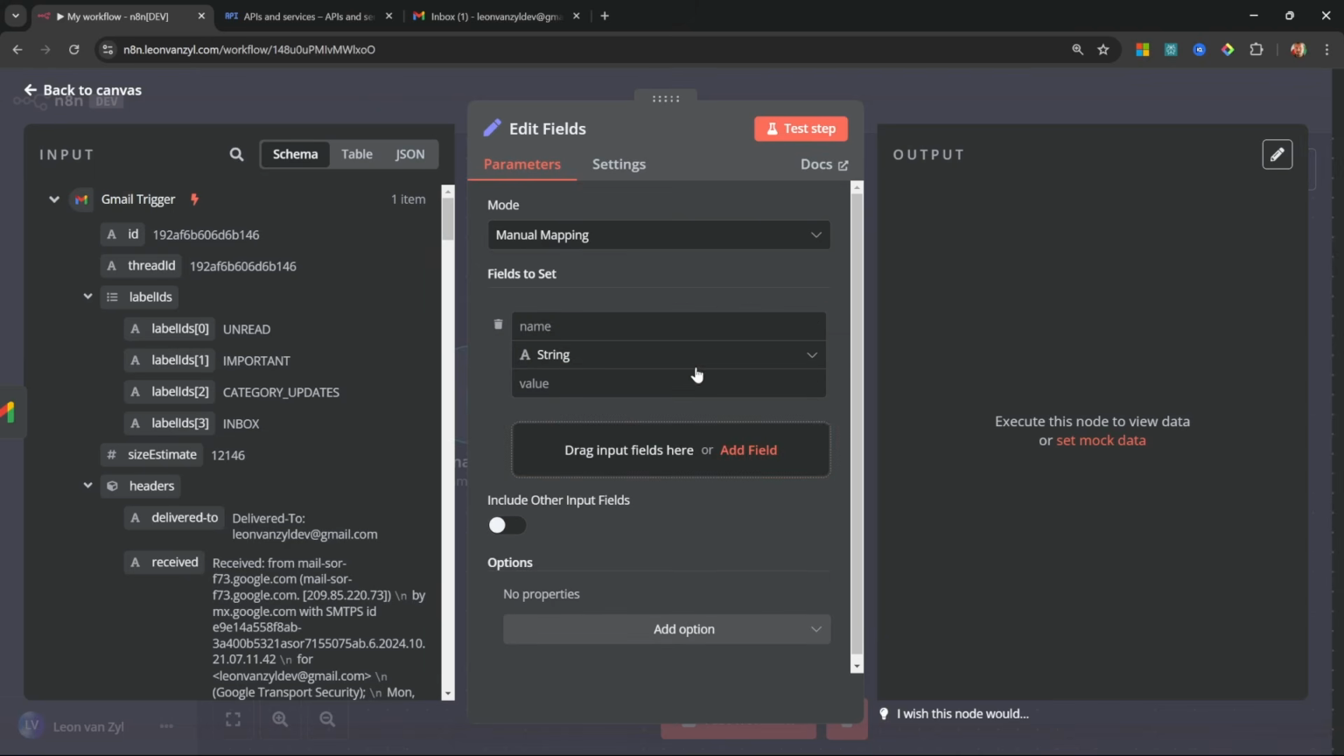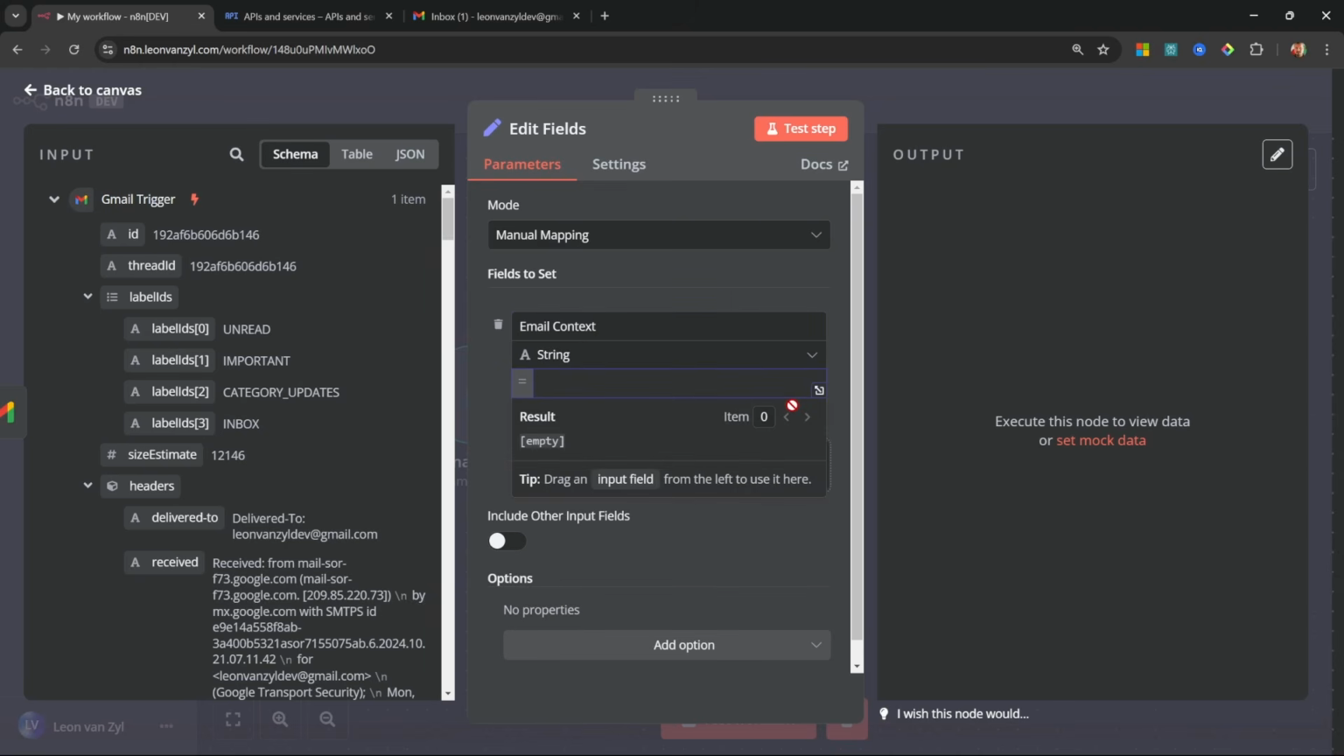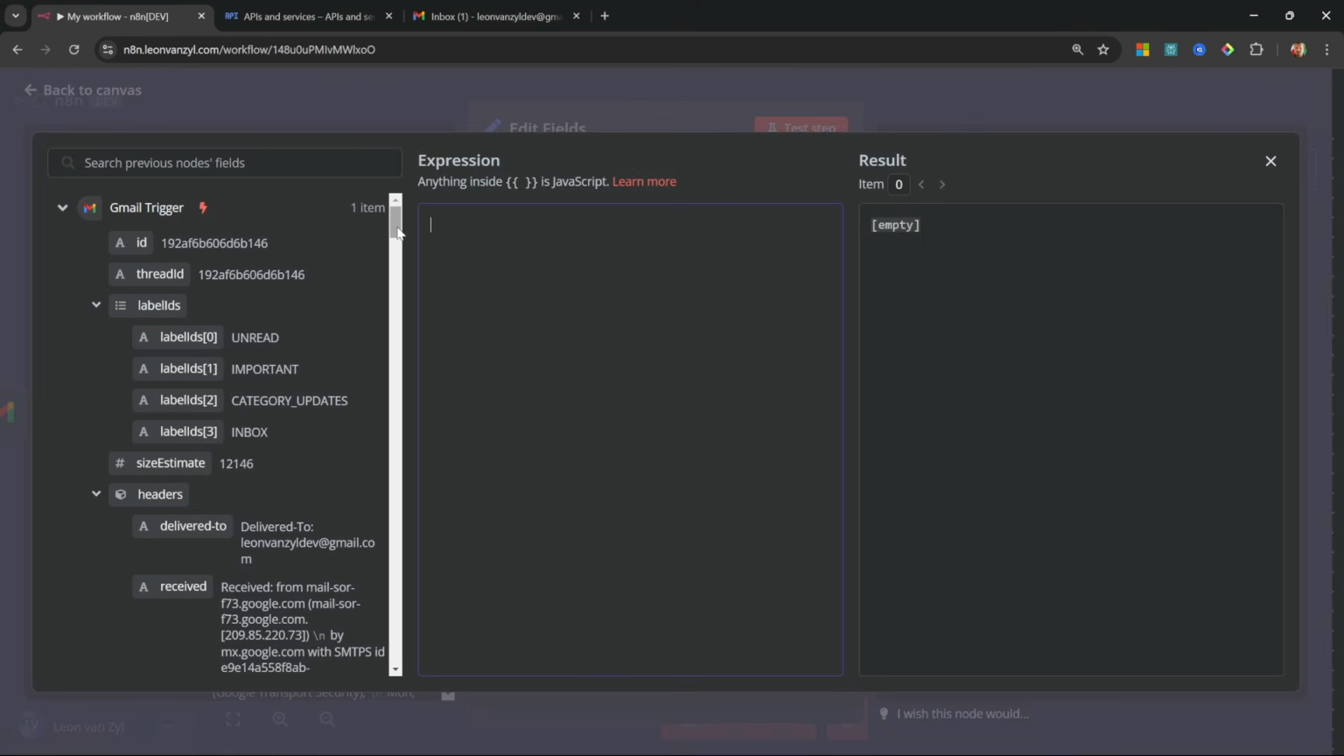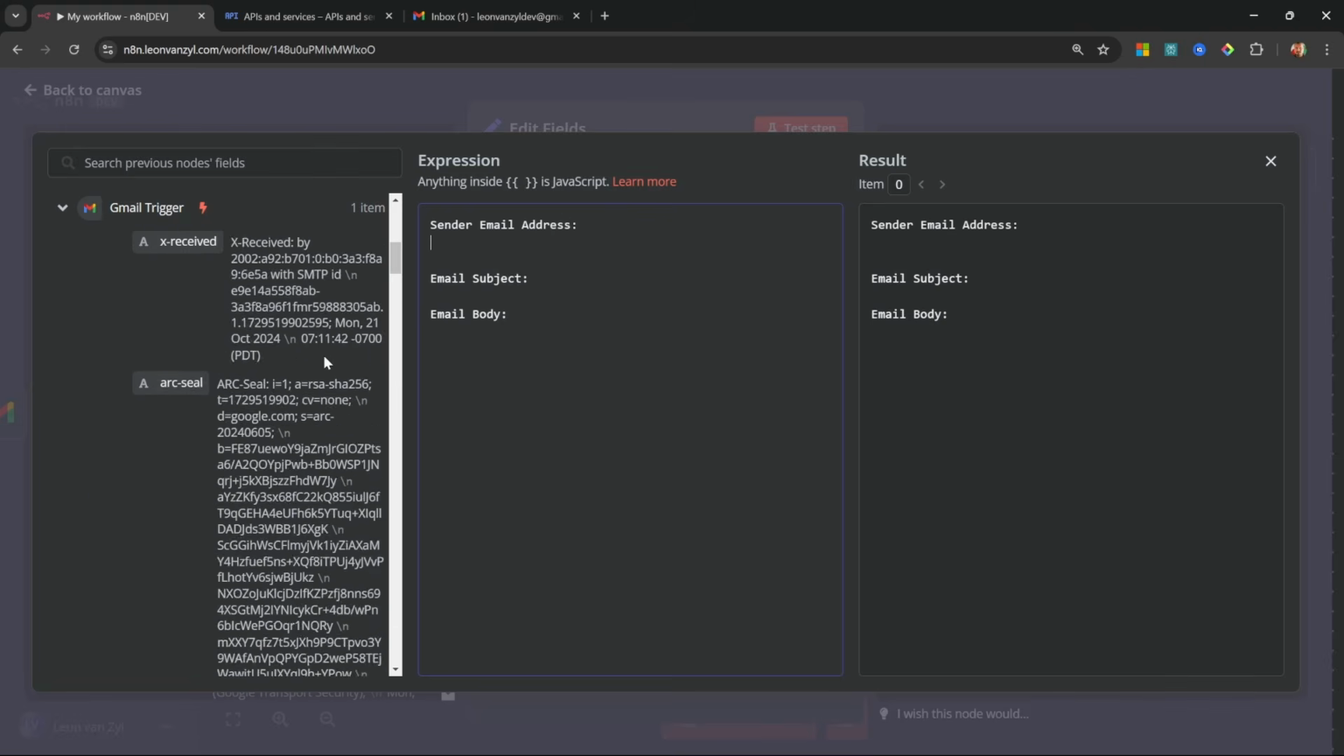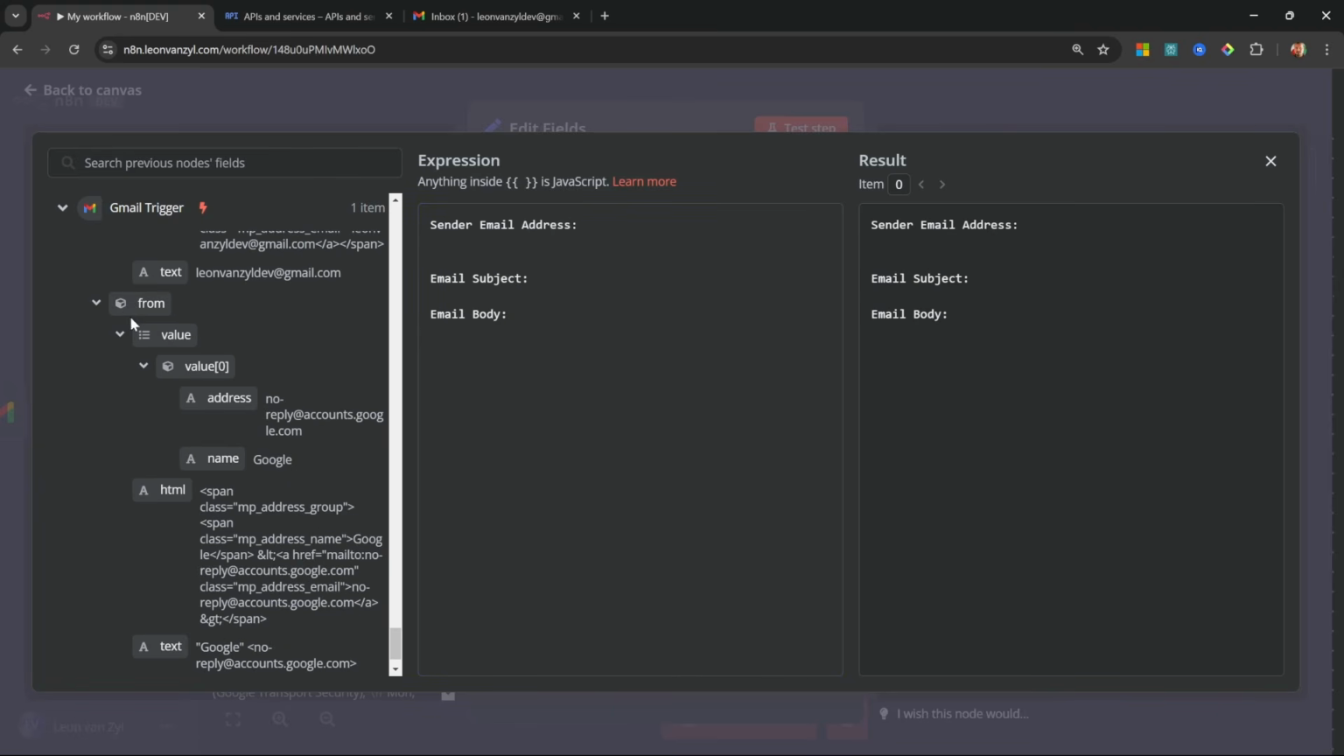Let's click on this area to create a new field, and let's call this field email context. This is of type string, but for the value, let's go to expression and let's expand this. I want to grab certain values from the email and then format it into context for our AI assistant. So things that I want to pass to the assistant are the sender's email address, also the email subject, and also the email body. Now for the sender email address, we can simply scroll down to this from section, and